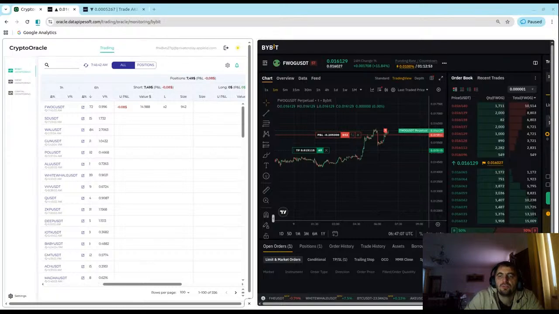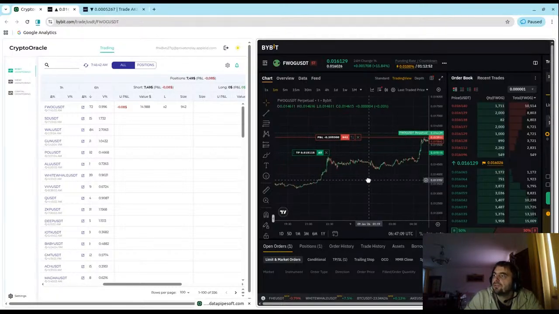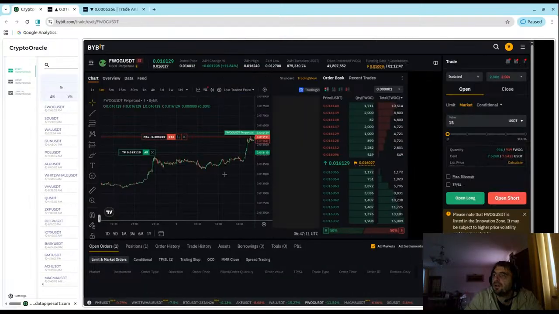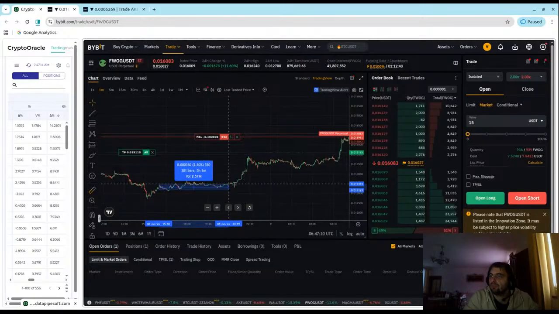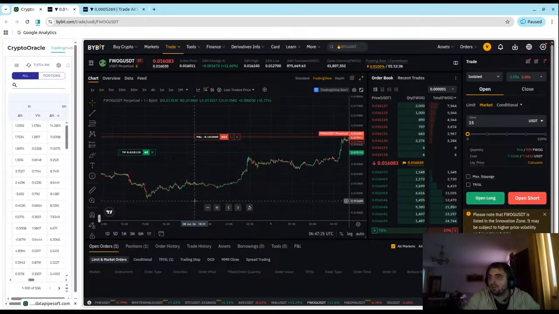And sometimes the price itself goes really long with not much volatility. So, for example, here what we've got is 5 hours, right? 5 hours, nothing, right?